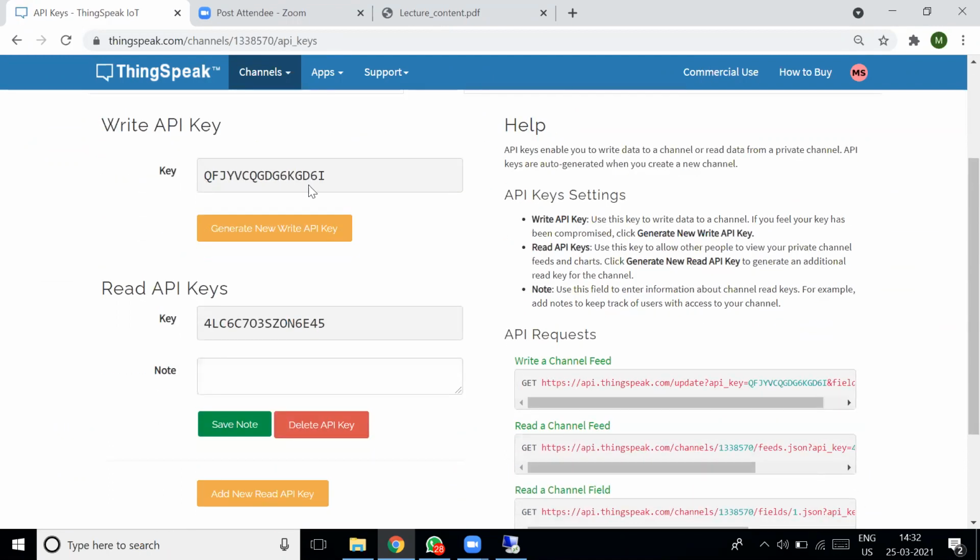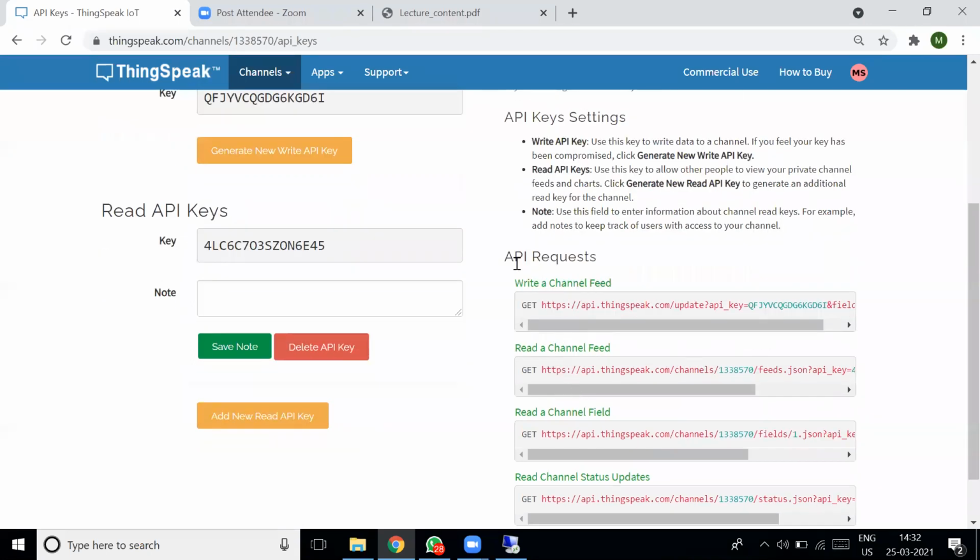You have to note down these values, your write API key and read API key. You copy them and paste them in Notepad, so later we have to use them, right? Another thing is, this is an API request, right? Copy it in the notepad, then I can understand.